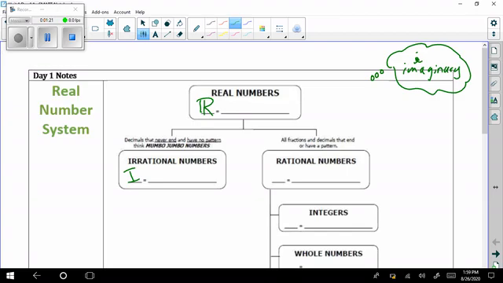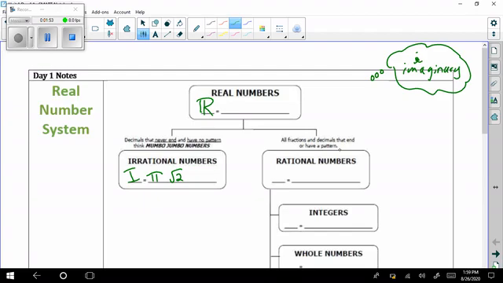Okay, irrational numbers are numbers that do not terminate, and nor do they repeat. So they don't terminate or repeat. Decimals, and I have it here, never end or have no pattern. Think mumbo jumbo numbers, kind of crazy numbers. For instance, pi. Pi is irrational. The square root of, I want to say the square root of 3 or 2 even, might be irrational. It doesn't come out pretty.